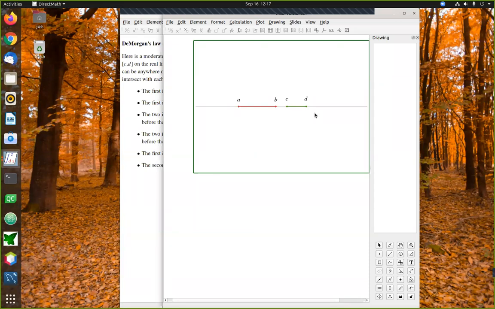Okay, now if we're going to write an if statement that can answer this question, maybe the first thing we want to start thinking about is, what are all the ways that these intervals could possibly overlap with each other? Right, now this gets pretty complicated. Let's shove these things around and show you that there's a lot of different cases to worry about. Right, here's one case. In this first case, the CD interval does actually overlap with the AB interval, and it does it looking something like that.